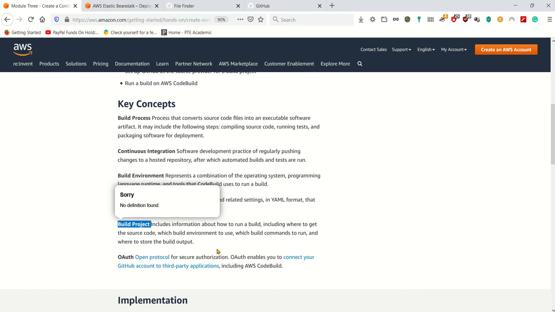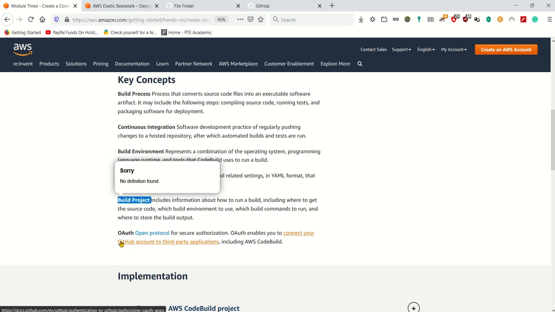So whatever is done, it's just gonna detect everything. So after deploying that code, where to store that output. And open protocol for secure authorization. I haven't done about this, but all right, so it enables you to connect your GitHub account to a third-party application. I think it just provides an authorization to use the GitHub repo, so you can have direct access from AWS. That's how AWS communicates to your GitHub repo, using